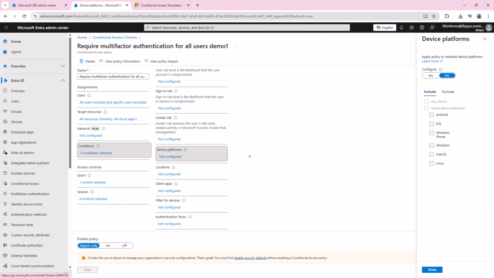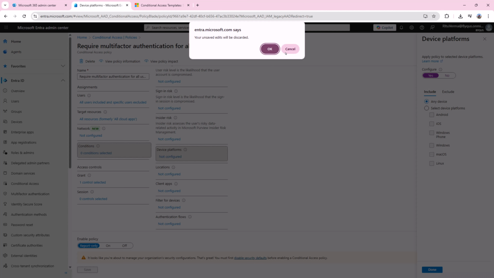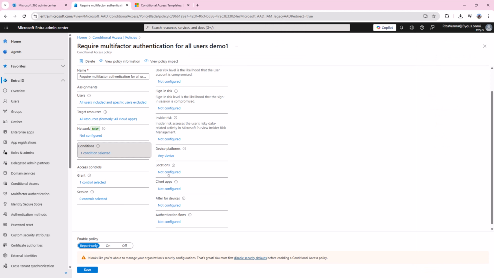Device platforms, configure no. If you select yes, you can include or exclude Android, iOS, but for now this is multi-factor authentication, we want everyone to follow this. Location, we'll click on done. Location not configured, leave it for now not configured.